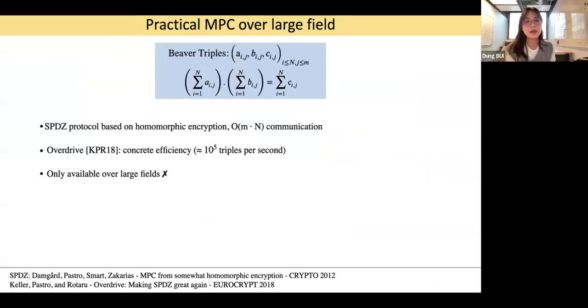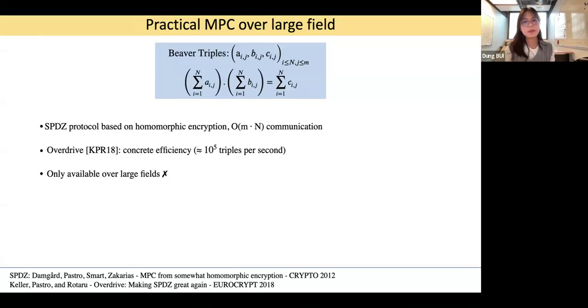In the next slide, I want to go over practical MPC over the field. The problem here is that we have a Beaver triple. We have n parties, where n is the number of parties, and m is the number of triples you have. For example, in one circuit, m will be the number of AND gates in the circuit. The Beaver triples work over the field F_q,